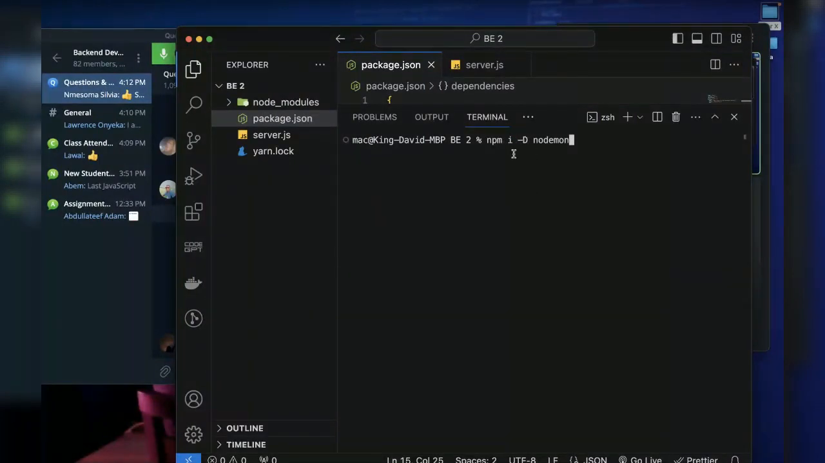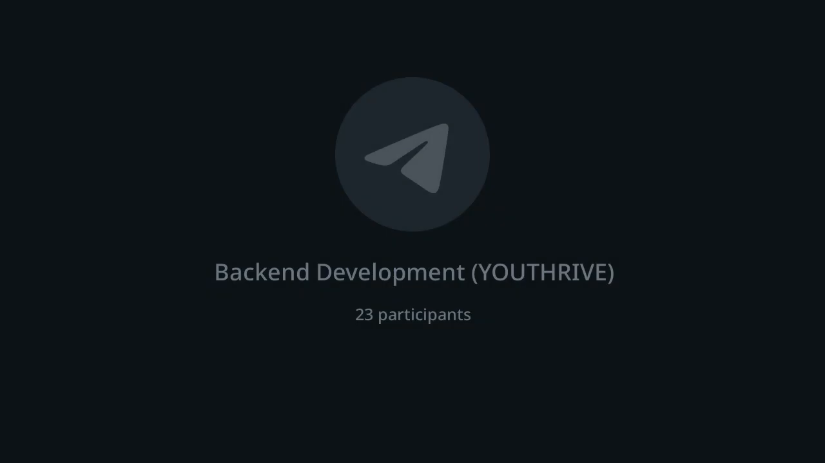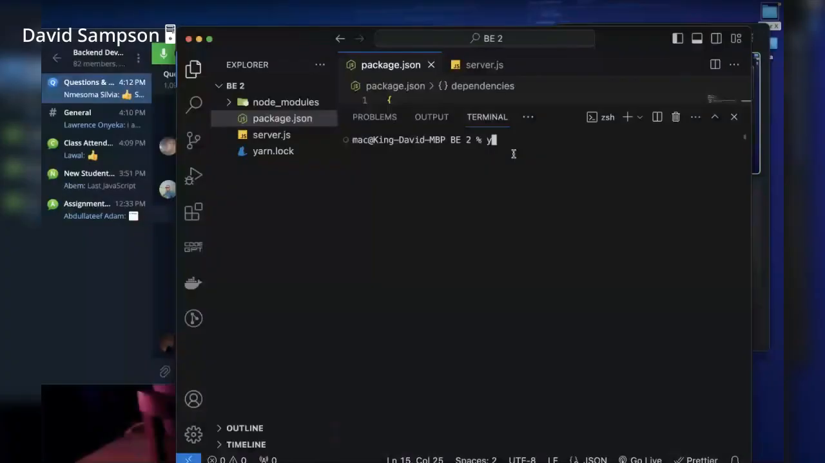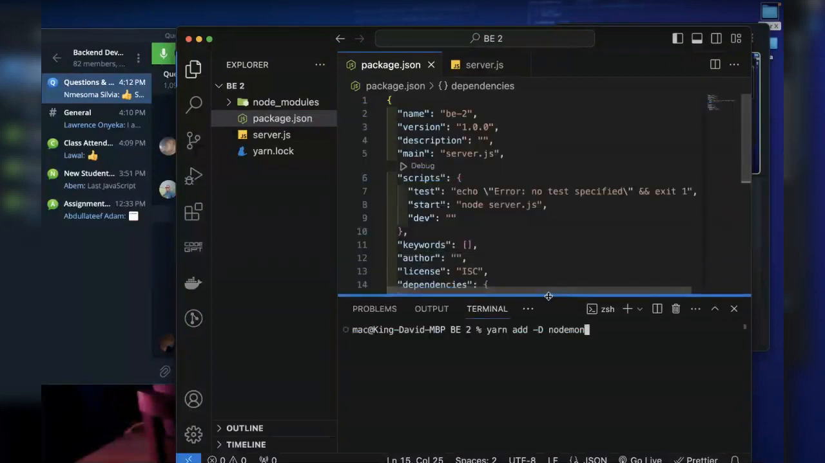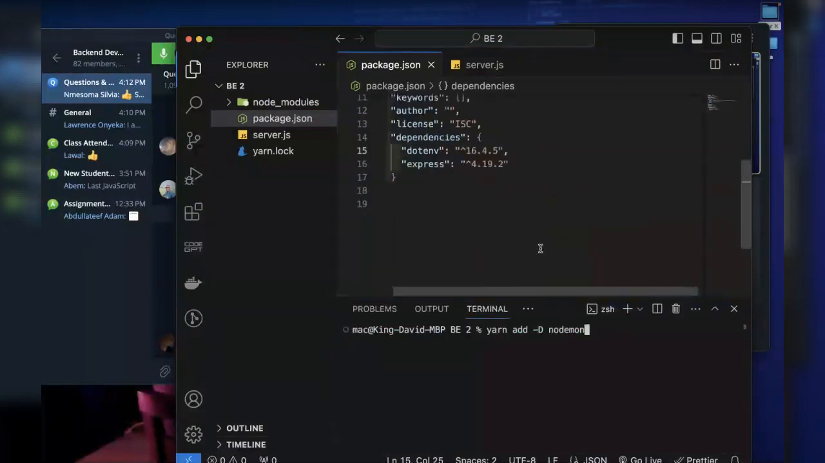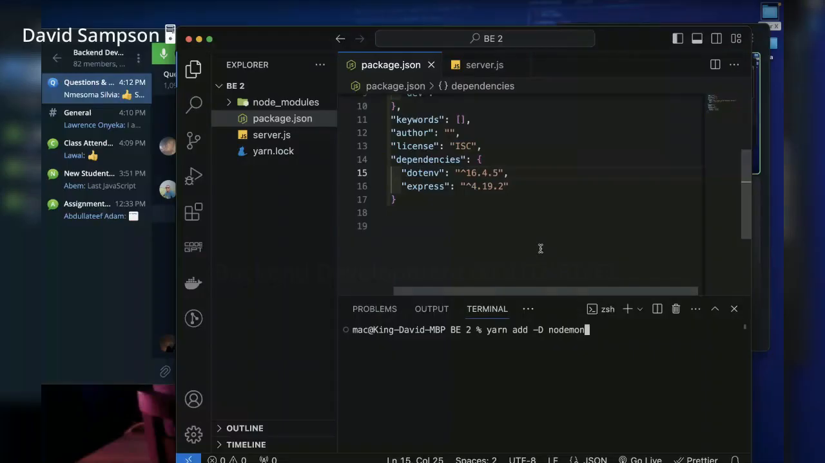I want to believe you understand this part. So if you see me write yarn, you know that it's only for those persons that have installed yarn in their system. If you did not install yarn, you should be typing npm i -D nodemon. But for me, I'll be using yarn add -D nodemon. Notice that I did not install nodemon while I was installing other packages, because nodemon is a different type of dependency. I hope they are listening. So I'll hit enter,